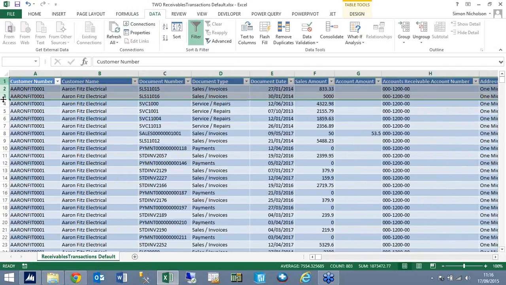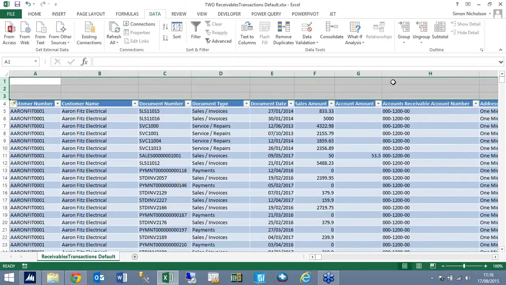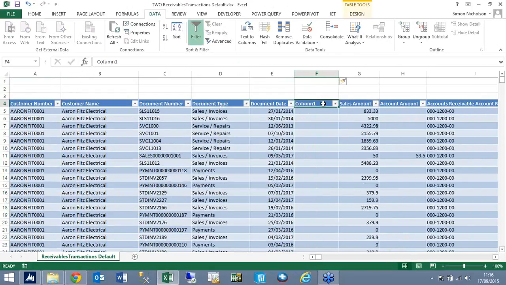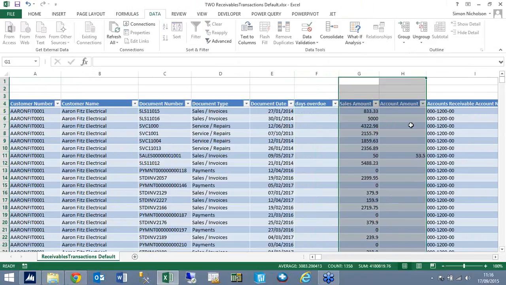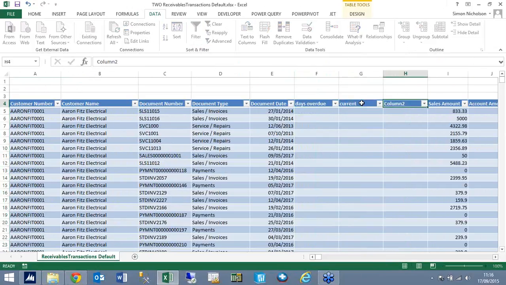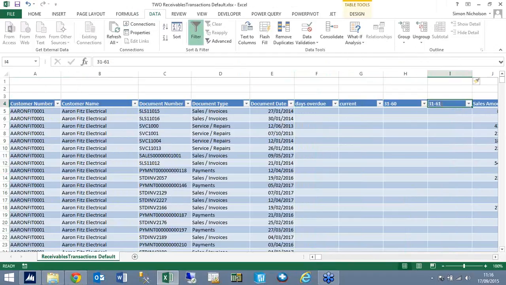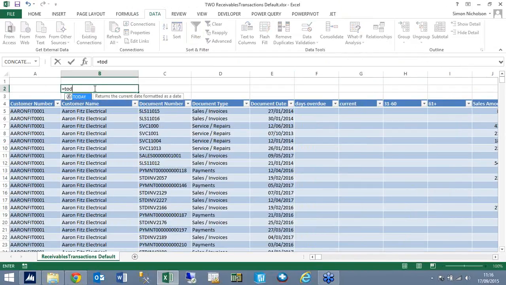the sales ledger. So I'm just going to pop some rows in, and I'm going to pop. So it's days. We'll have days overdue. I'll pop two more in. So we'll have current, 31 to 60. And 61 plus. Okay, so if you want to have it as of today,